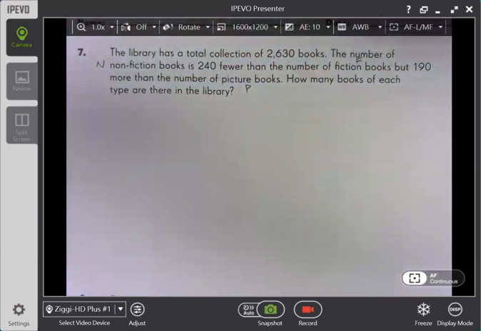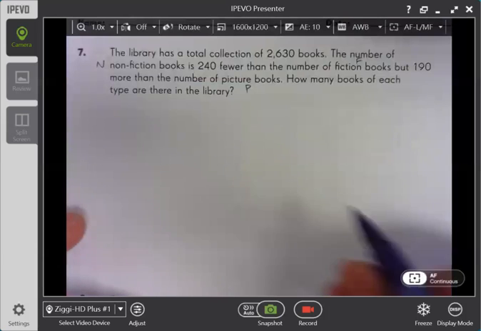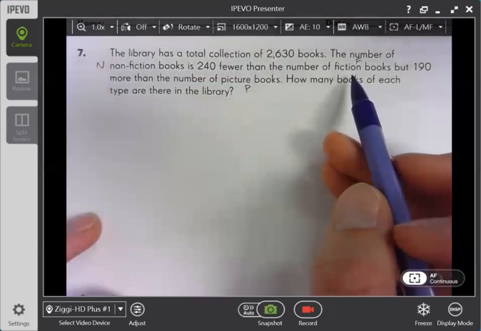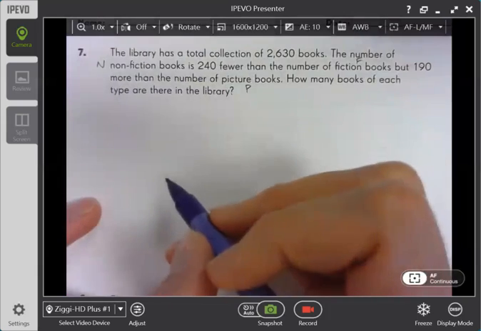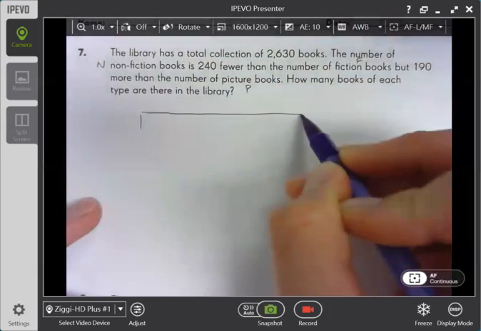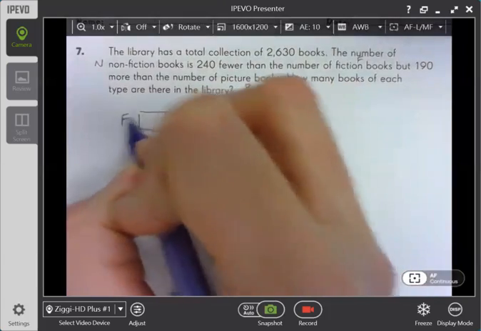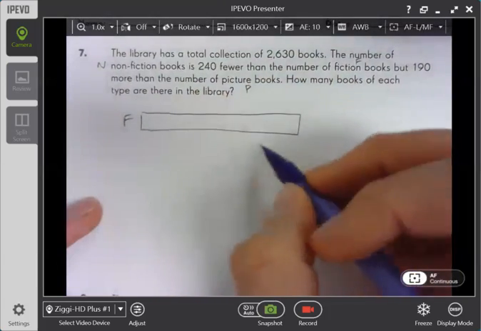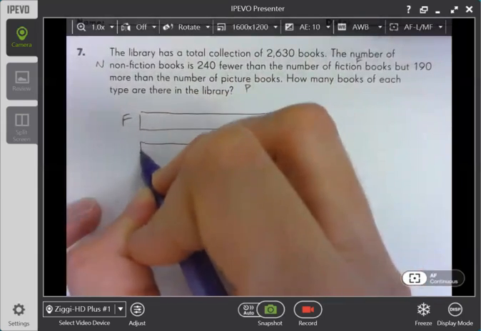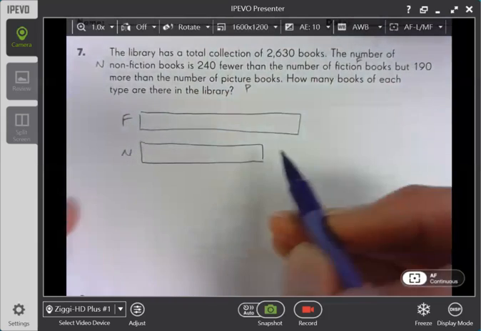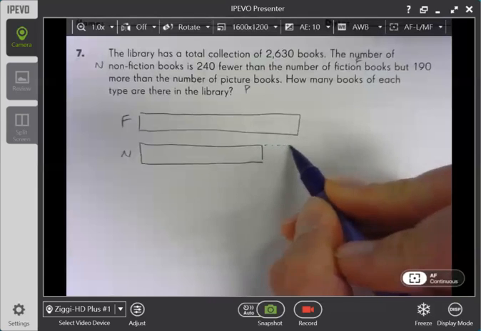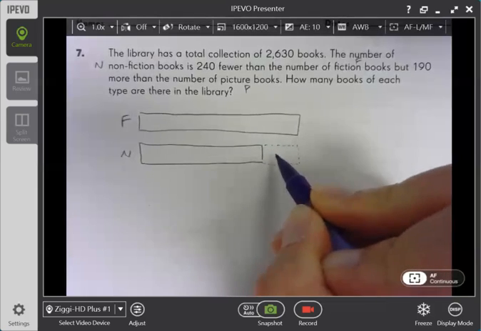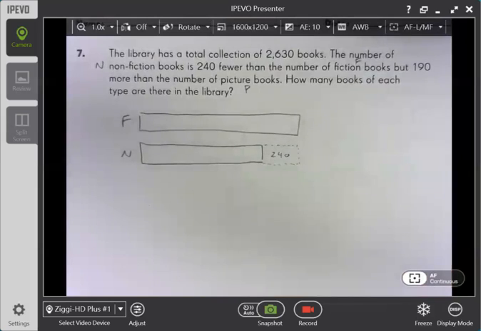So the first thing we're going to do is draw some bars to represent the different amounts. Since our fiction books are going to be greater than my nonfiction books, since the nonfiction books has 240 fewer, we'll start by creating a bar that will represent the number of fiction books. Nonfiction books have 240 fewer, so we will draw a shorter bar to represent those nonfiction books. And the difference in here is going to be 240. So I'm going to draw just kind of an imaginary missing piece that's going to be represented by 240 book